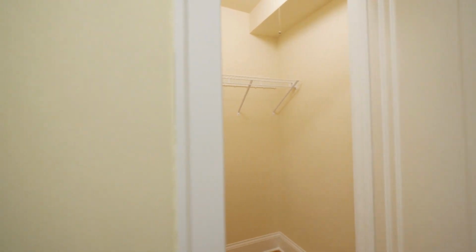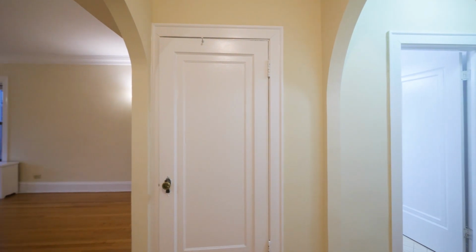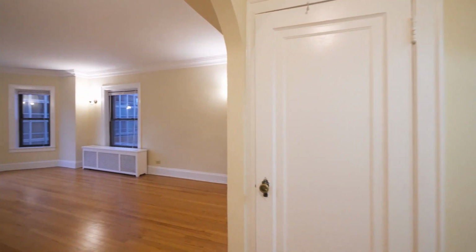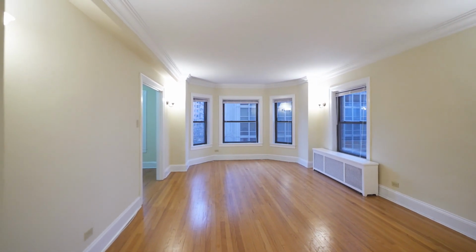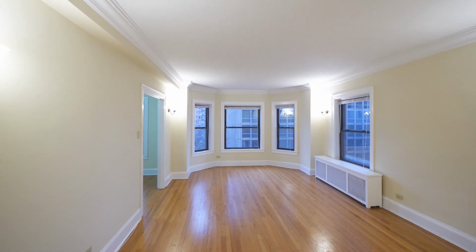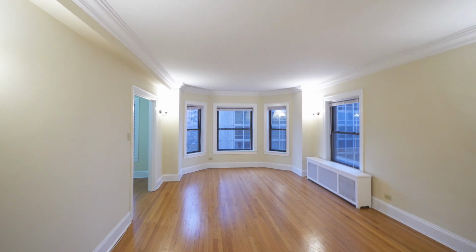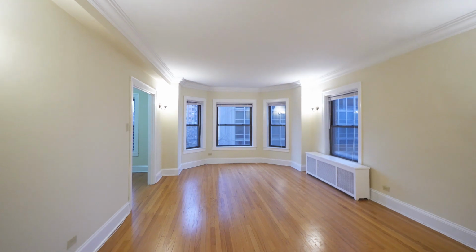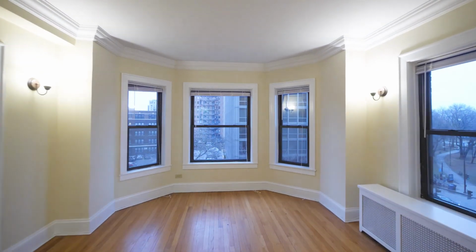There's a walk-in closet off to the right as you enter, and another deep walk-in straight ahead as you enter. You're looking at light hardwood oak flooring that extends throughout the unit, sconce lighting, high baseboard moldings and crown moldings, beautiful bay window facing north,